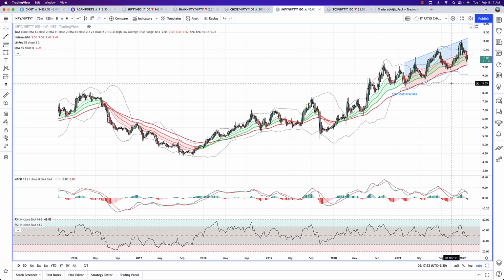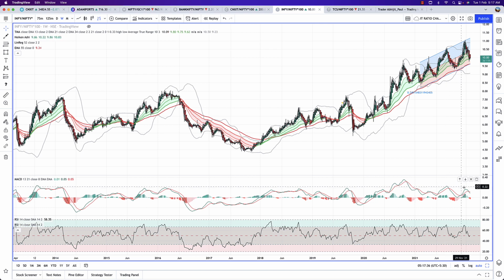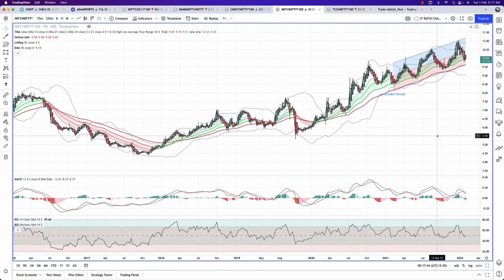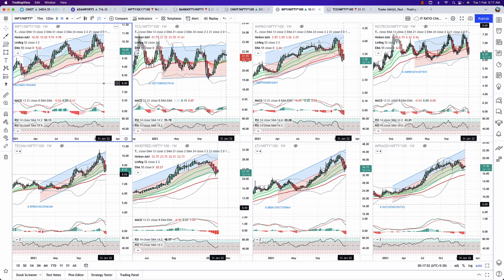It can come down. Considering the breadth of the divergence that we're dealing with here, yes, it's possible that Infosys can underperform the Nifty going forward. And so your trade should always be taken from the stock's chart and not the ratio chart, unless you're doing a pair trade. So Infosys definitely stands out.